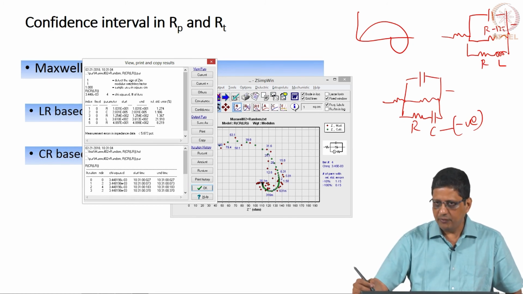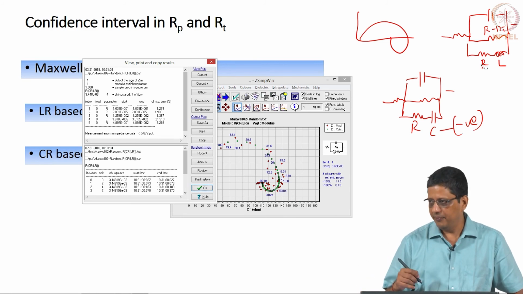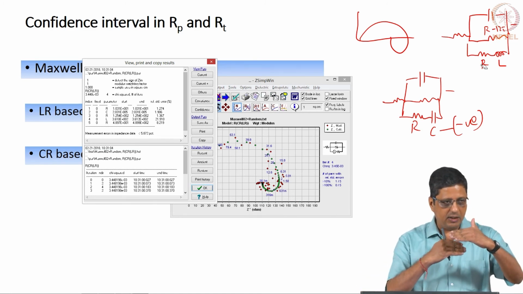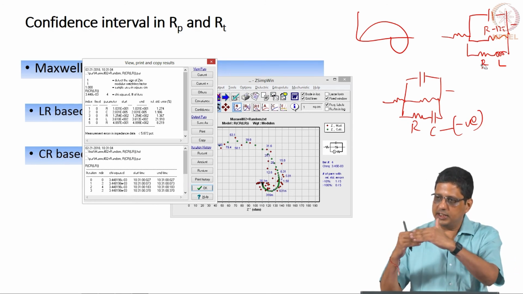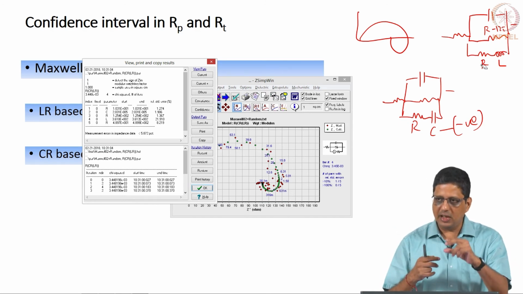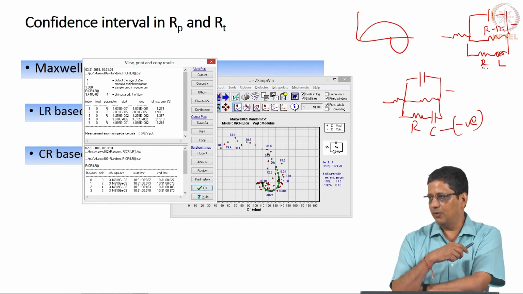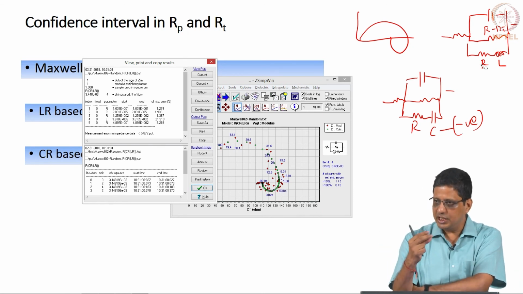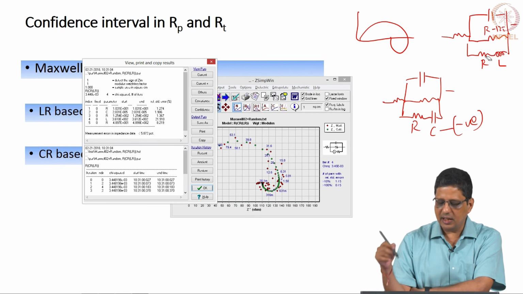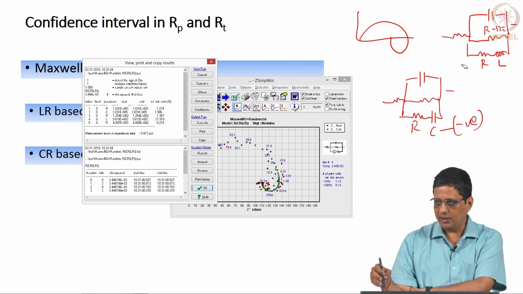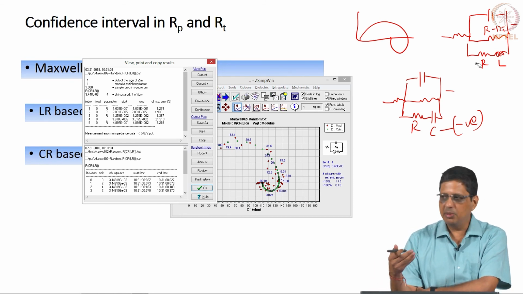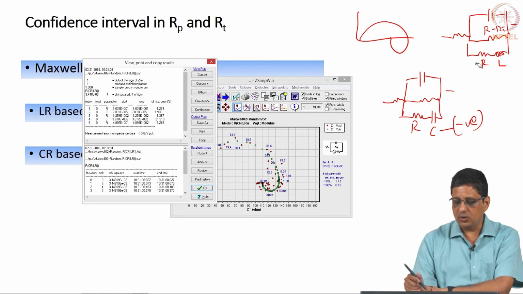Because if I have 1% error in RT and 8% error in the next element, I have to take them in parallel to estimate RP. I will get a poor estimate, or have less confidence in that, because one of the elements has low confidence, so the final value also will have low confidence. Actually, it depends on how much weightage each element contributes to the final value, but unless you do the calculation very carefully, you will say I can estimate RT well, I have some problem in estimating the second R, I do not have much confidence in the L or in that R, therefore I may not be able to tell you RP very well. Data also looks noisy in that region.